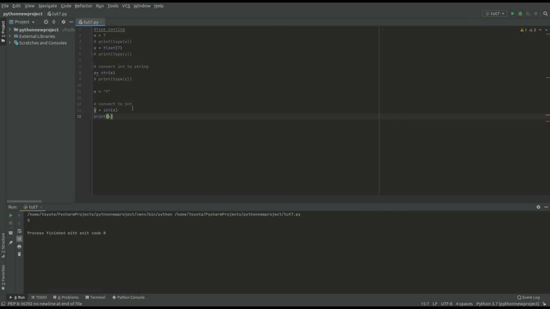So if we want to check the type of our 9, or y, we put a type and run this. We're going to get it's an integer, right? So that's how we convert a string to int. So let's just now again convert our string